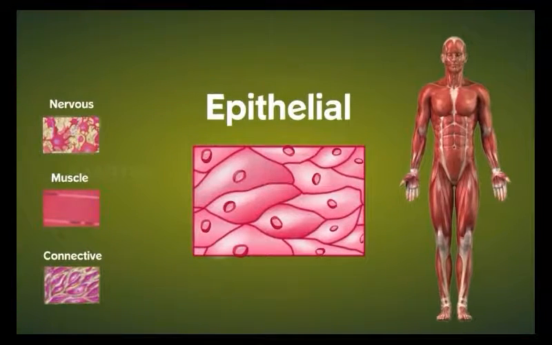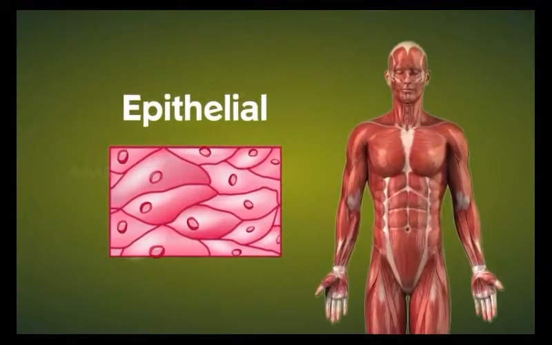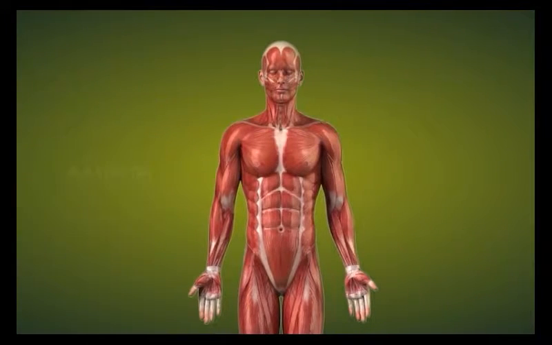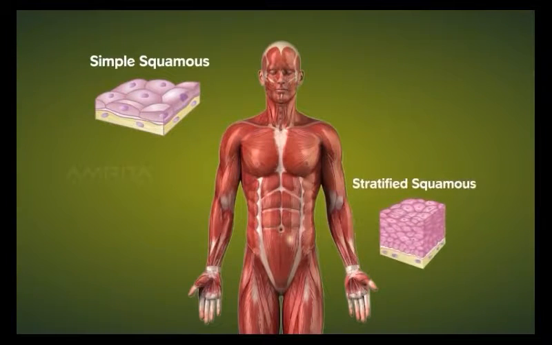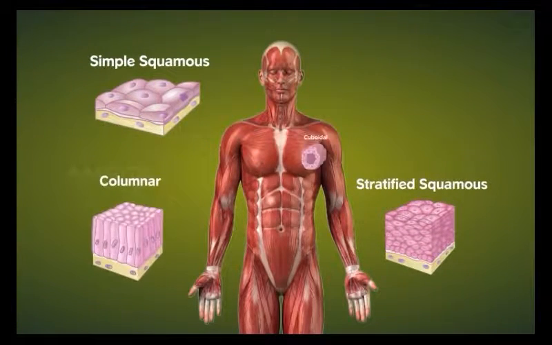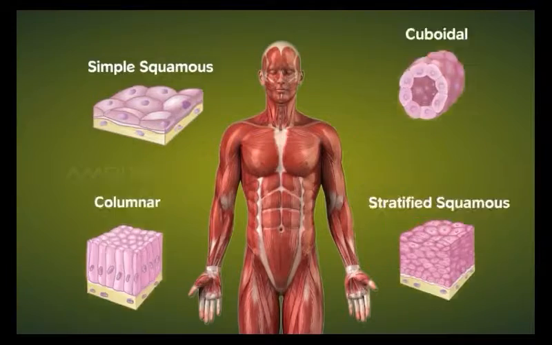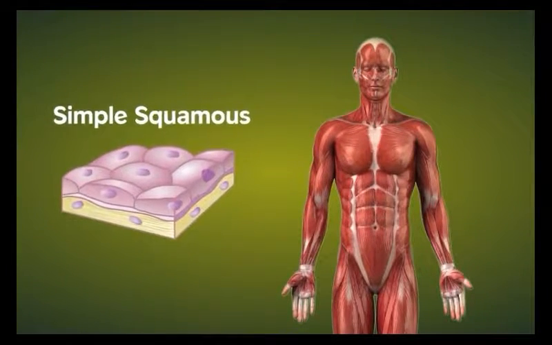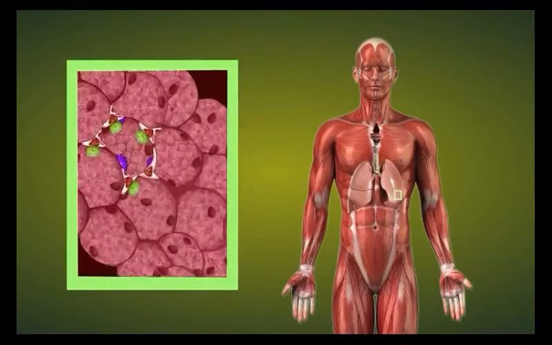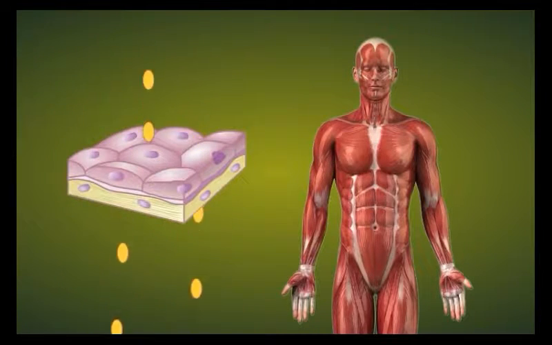Let's first look at the epithelial tissue. This tissue covers and protects the internal and external surfaces of the animal body. Epithelial tissue is subdivided into simple squamous, stratified squamous, columnar, and cuboidal epithelium based on the shape and function of their cells. The simple squamous epithelium is found in the lining of the alveoli and allows transport of small molecules